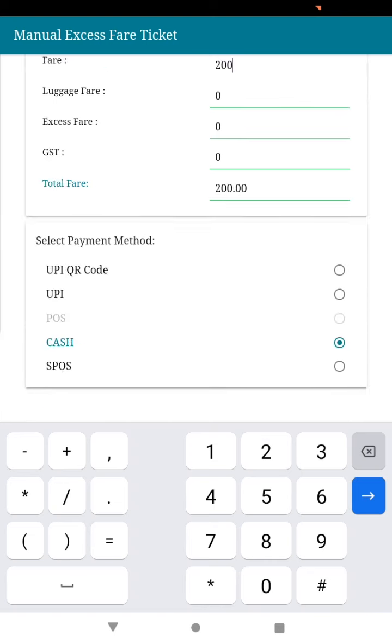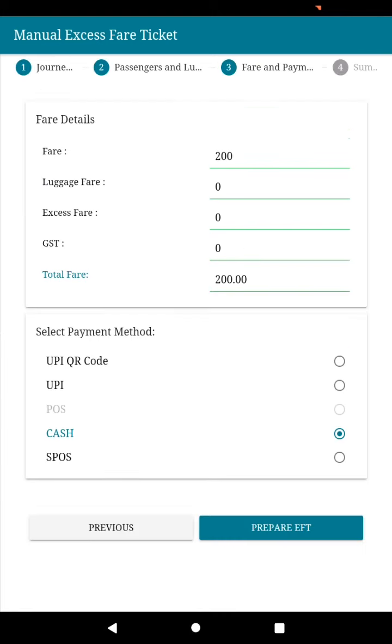So 200, and we are collecting it in cash. You can have UPI QR code, UPI cash, or standing POS machine like that. UPI QR code, UPI options and standing POS will be enabled in future. Right now in this 2.7.1 version there is no option for that. So you have to either collect through cash, or if you have a POS machine you can collect through it and mark it as POS. So if I say prepare EFT,